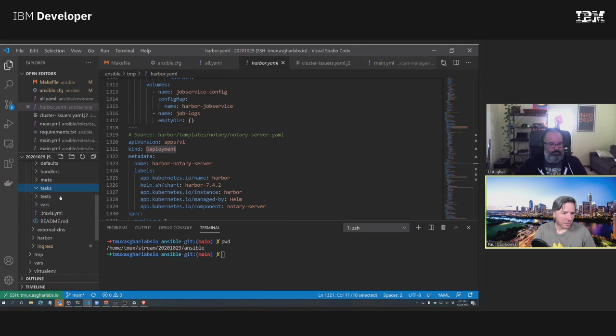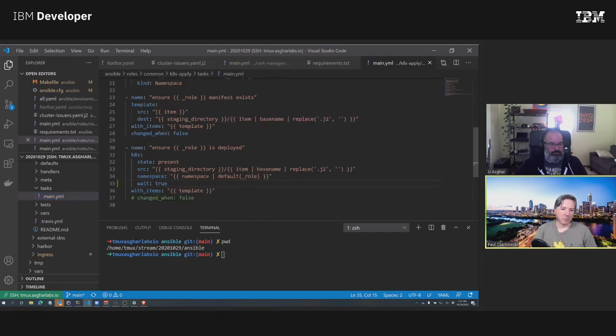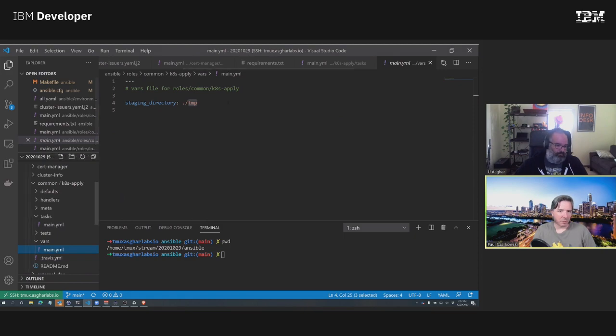So common tasks main. So we set that, and then I think we can do, namespace these properly.